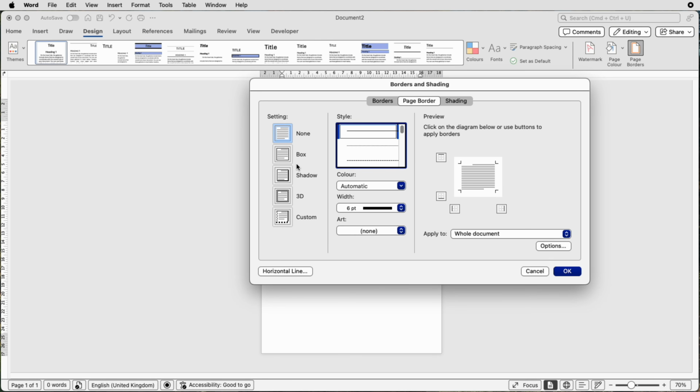So here, just very quickly, we've got a box. If you click on this one, you can see over here we've got a box that's being produced. Then you've got shadow, which will produce a shadow, as you can see. We've got 3D, which has got a lot more options. And then you've got custom, where you can just place those borders where you want to. Now on this one here, you can actually click on the various lines to take the lines out, or to put the lines in. So then I can click again around the edges, demonstrating where you can put those border